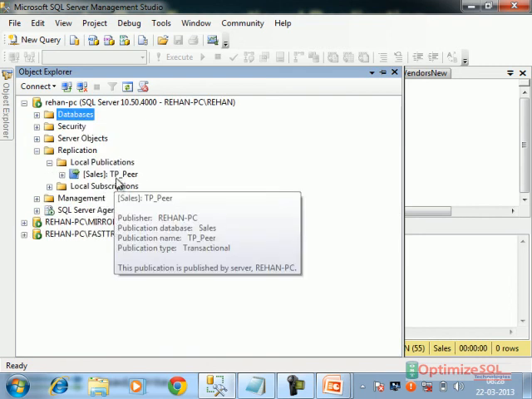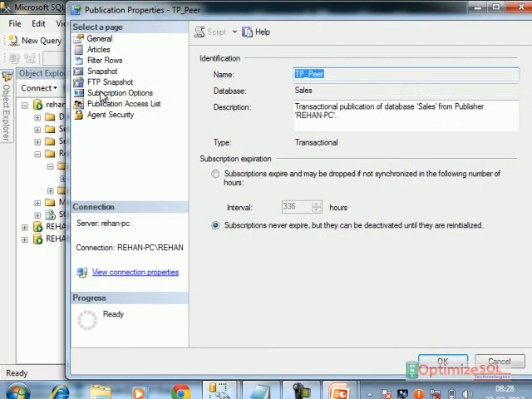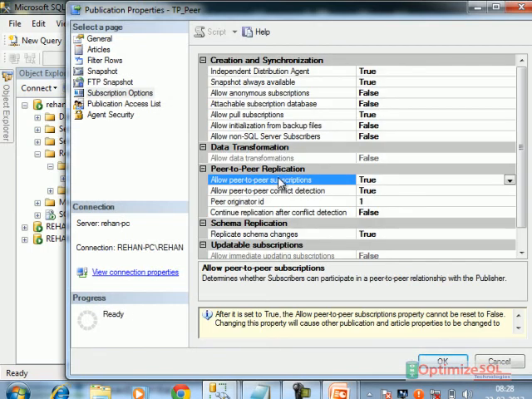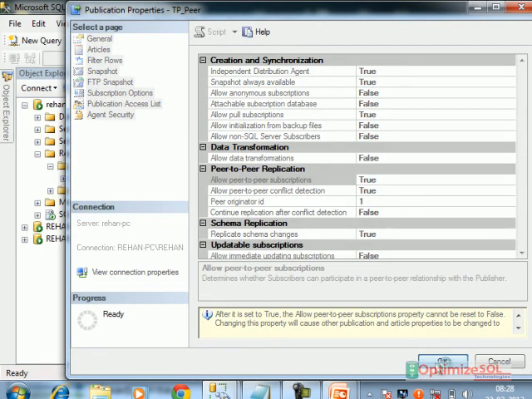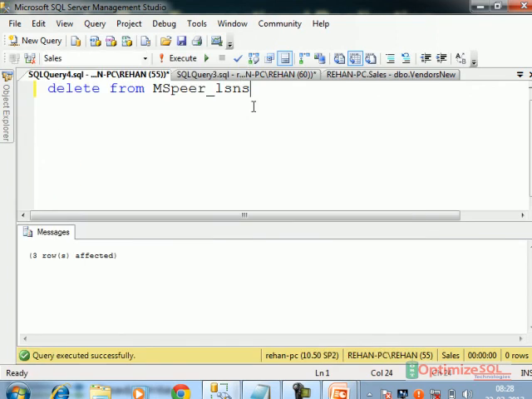Once again I will try to open the properties here and try to change again. Changed successfully. The duplicate key was there, that's why I removed it from the MSpeer_lsns table in the respective published database, not the distribution database, the published database.